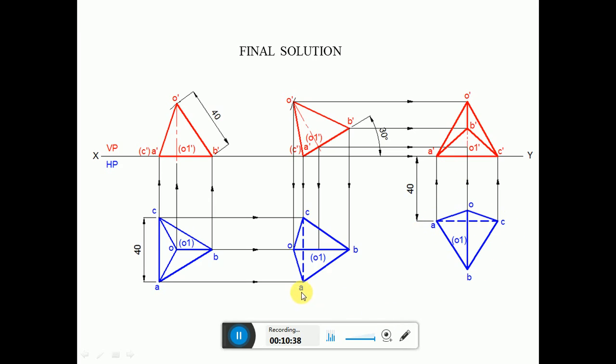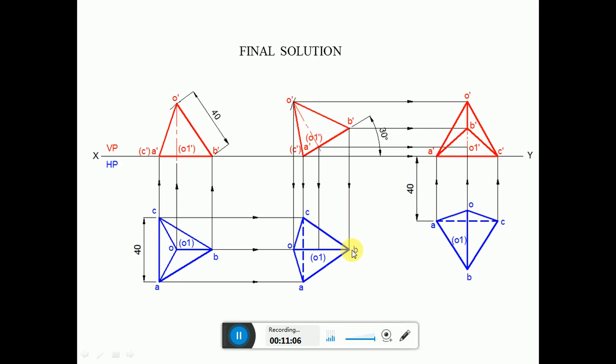Then you take the distance from A to C by using the compass. Consider any point on that horizontal line and mark these 2 points, that is A and C. Then you measure the distance from A to this point. From A you cut an arc on this, you are going to get this point, and then draw a perpendicular here and extend it on either side. Then you measure the distance from this point to B. From this point you mark it on this side, you are going to get this point B.